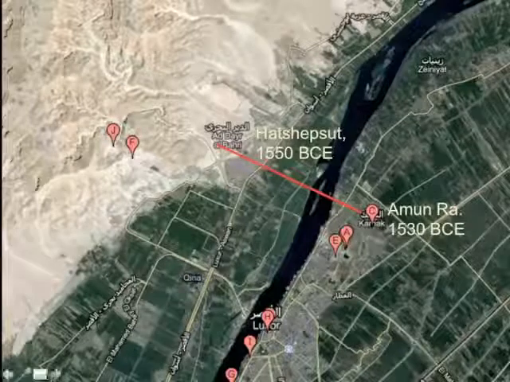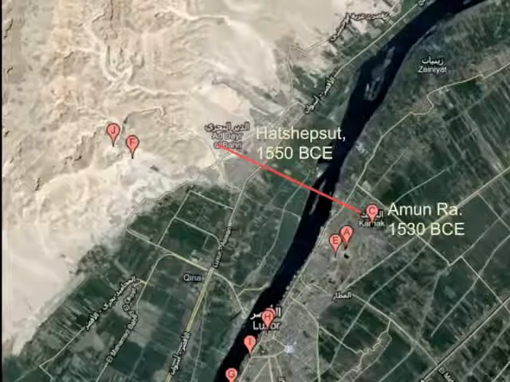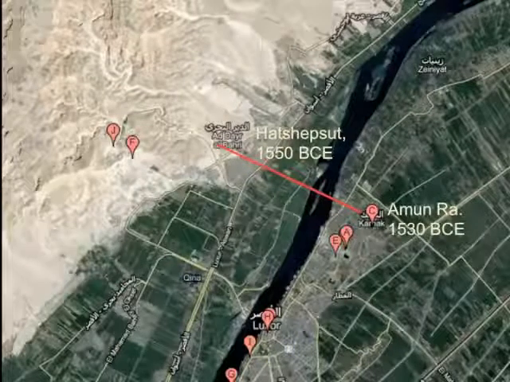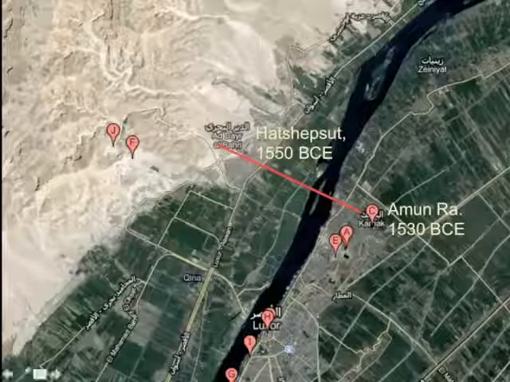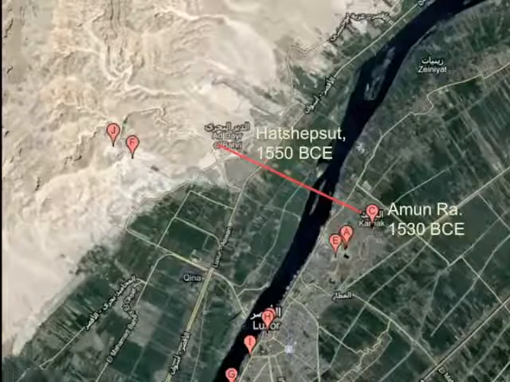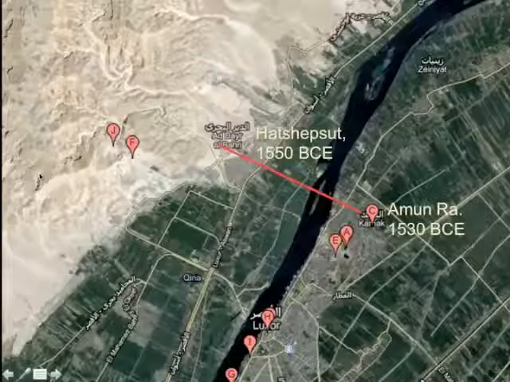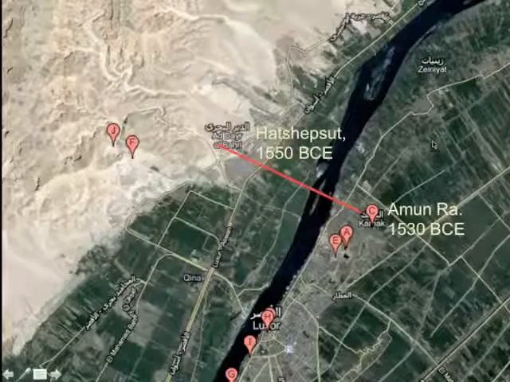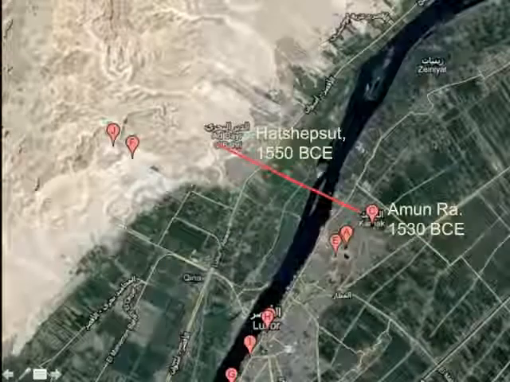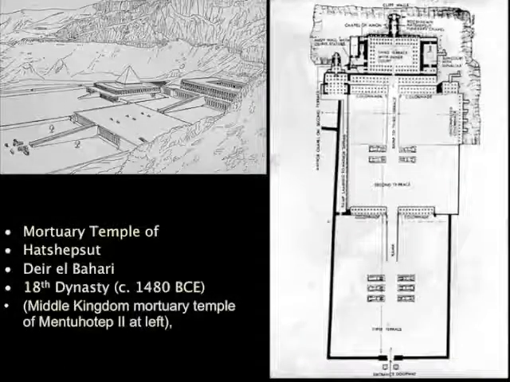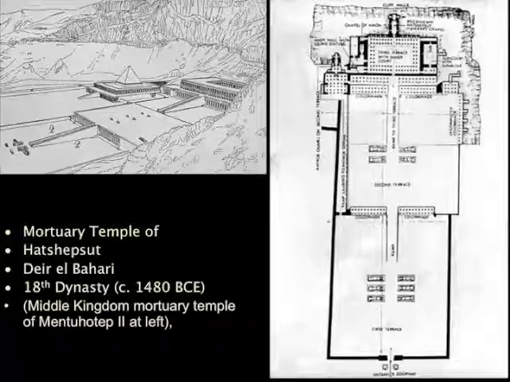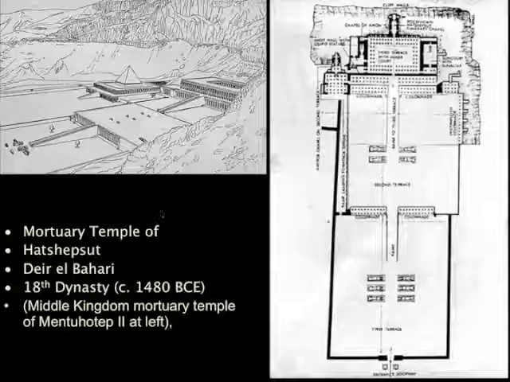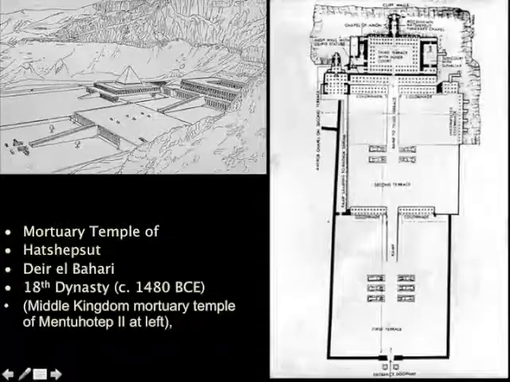And I think this is a nice illustration of the life-giving power of the Nile. I mean, the minute you get away from the Nile, the dryness of the desert becomes the dominant form. And as you get closer and closer to the Nile, the richness of the green becomes brighter and brighter and brighter. So here's a plan of the Hatshepsut Temple, and this is a little perspective drawing